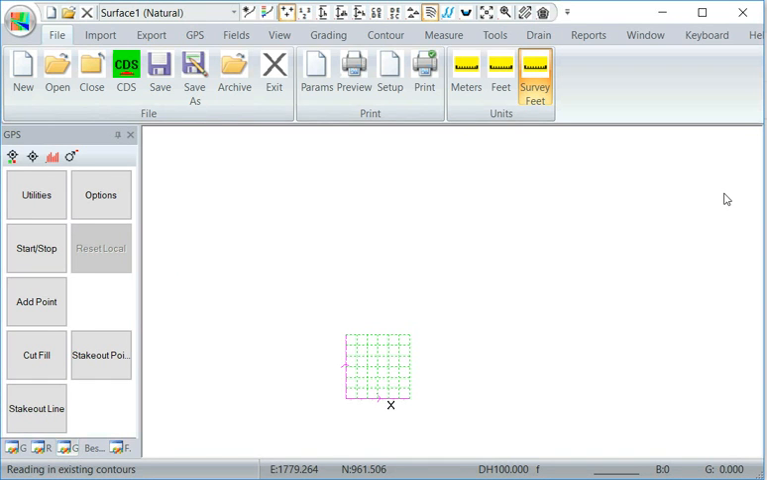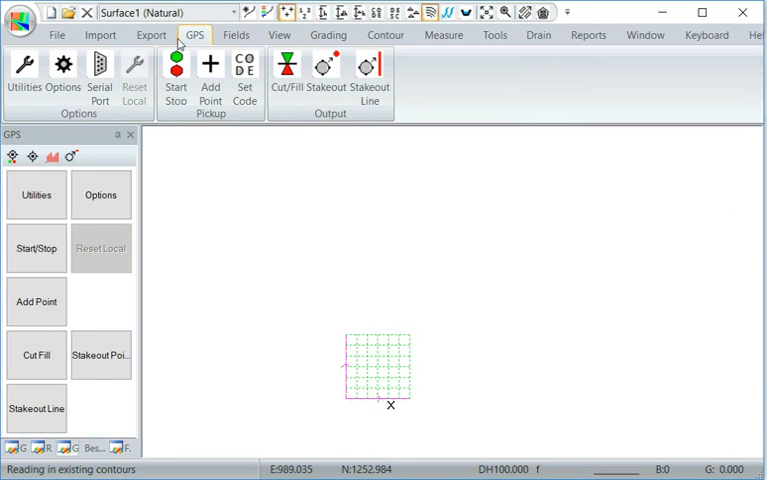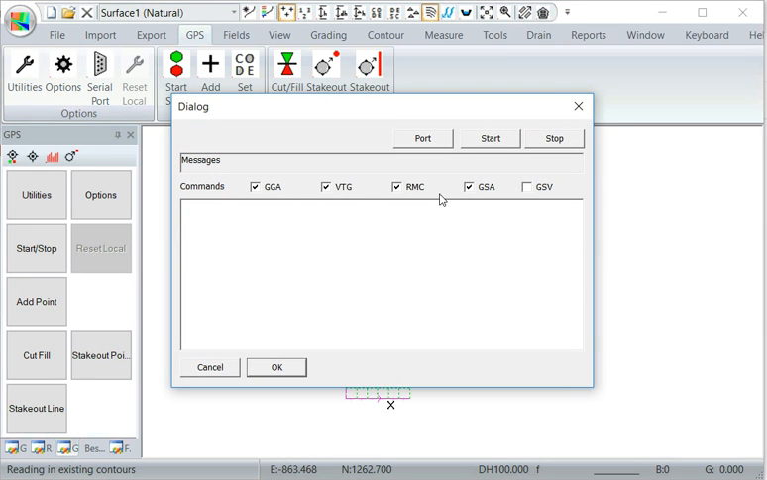Click on the GPS menu, and also on the docking bar on the left here there's a GPS option that's got the same buttons, which may be bigger if you're using a tablet computer out in the field. If you click on Utilities, this is a little helper we've put together. If you click on Port,